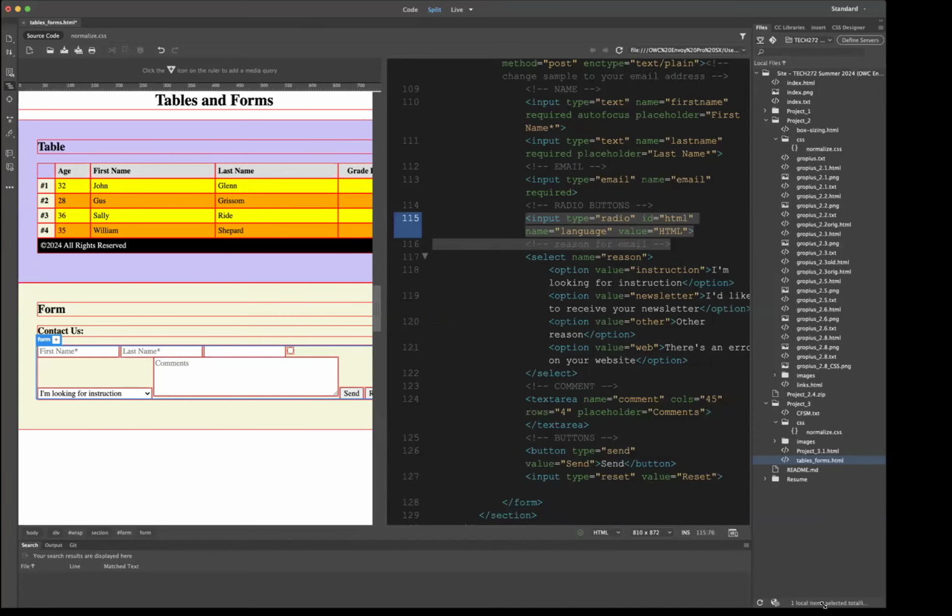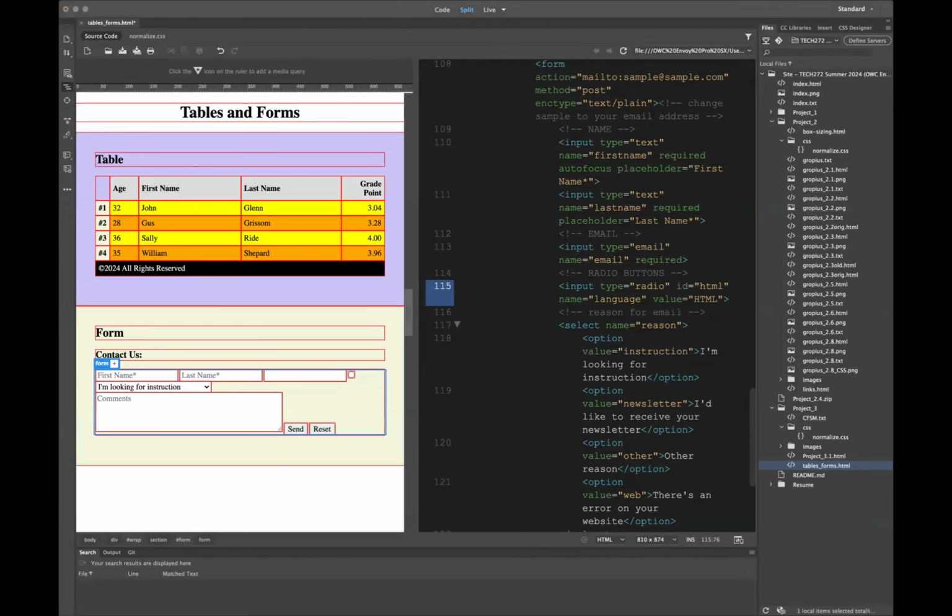Just a second. Let's need a little bit more space to work. Okay, then